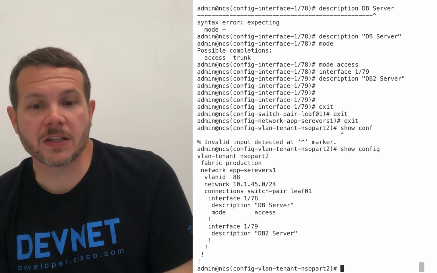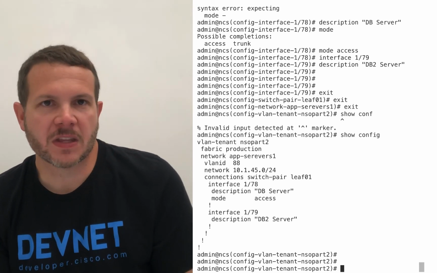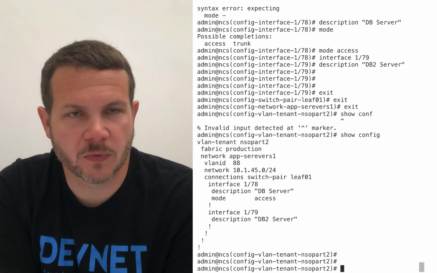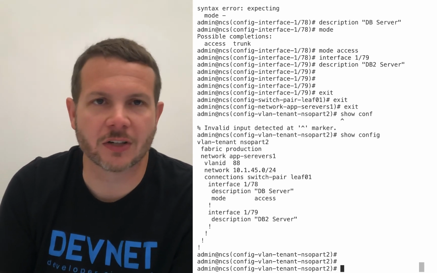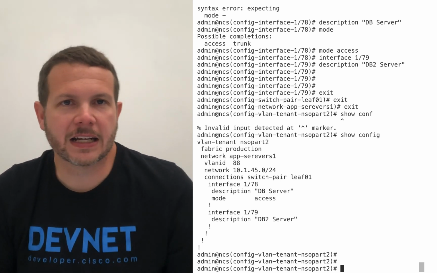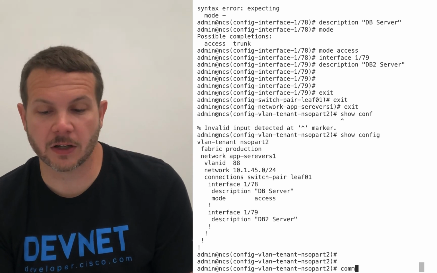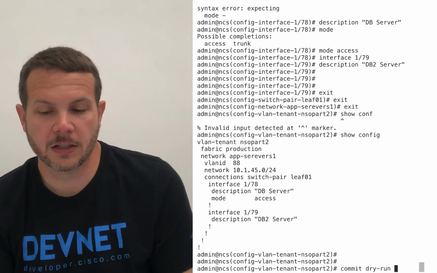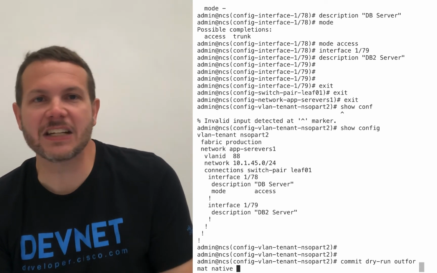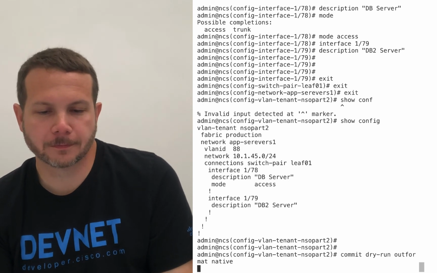Now I want to turn this into final, actual network configuration code. That's what the template does. Remember, we wrote our template, so it takes this service input, it uses those templates to generate the actual final network device pieces, and then it uses the Python to bring all those things together. Now I can see those final device configurations by doing a commit dry-run, and then I can say outformat native. Native says show me the actual native configuration for the devices that's going to be pushed. If I run that,